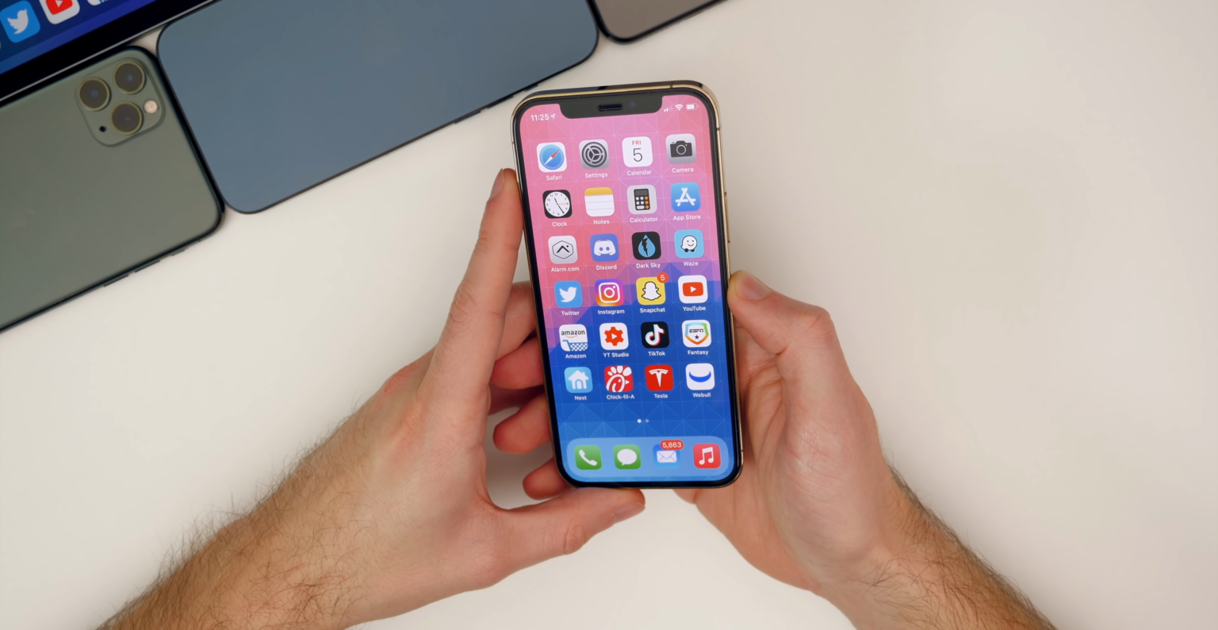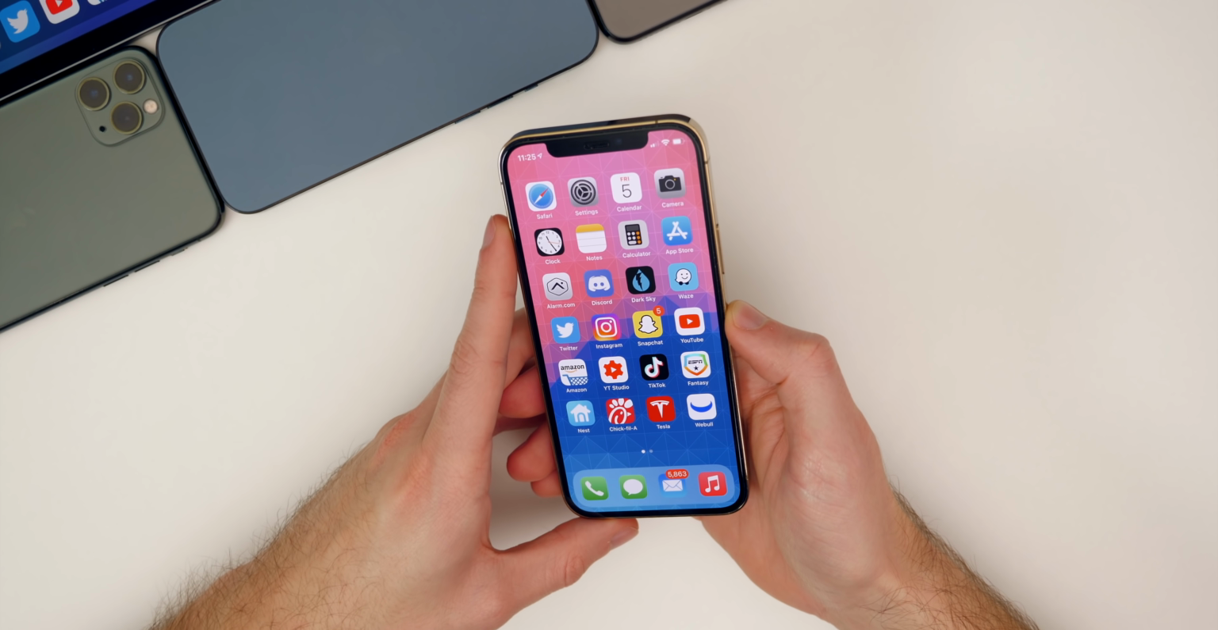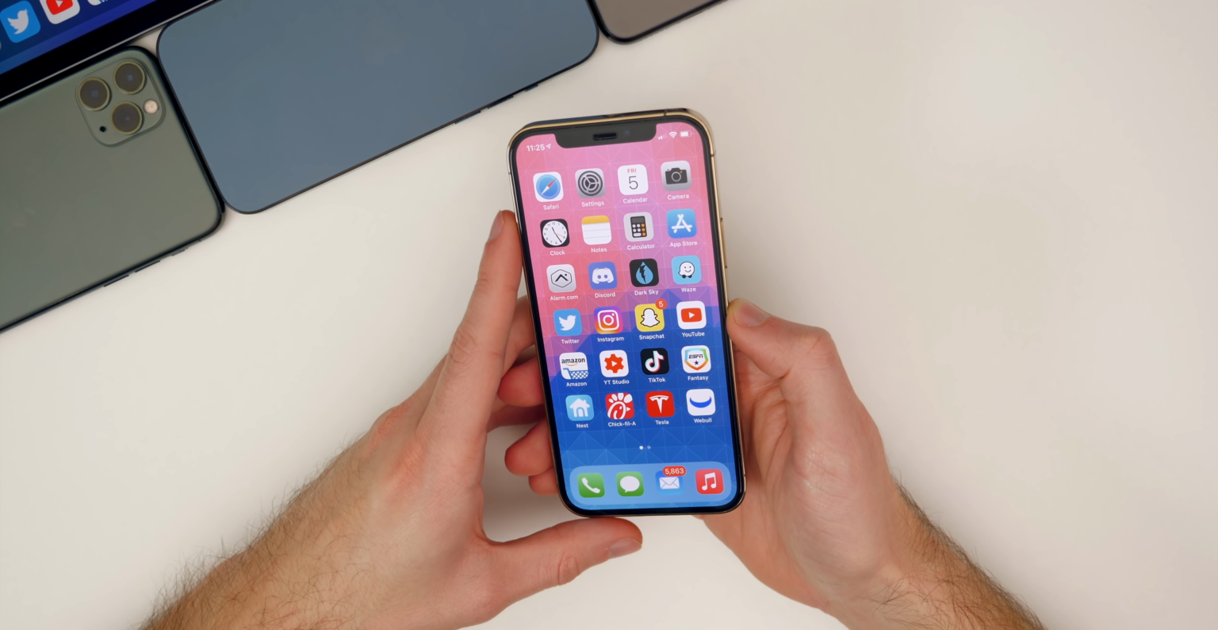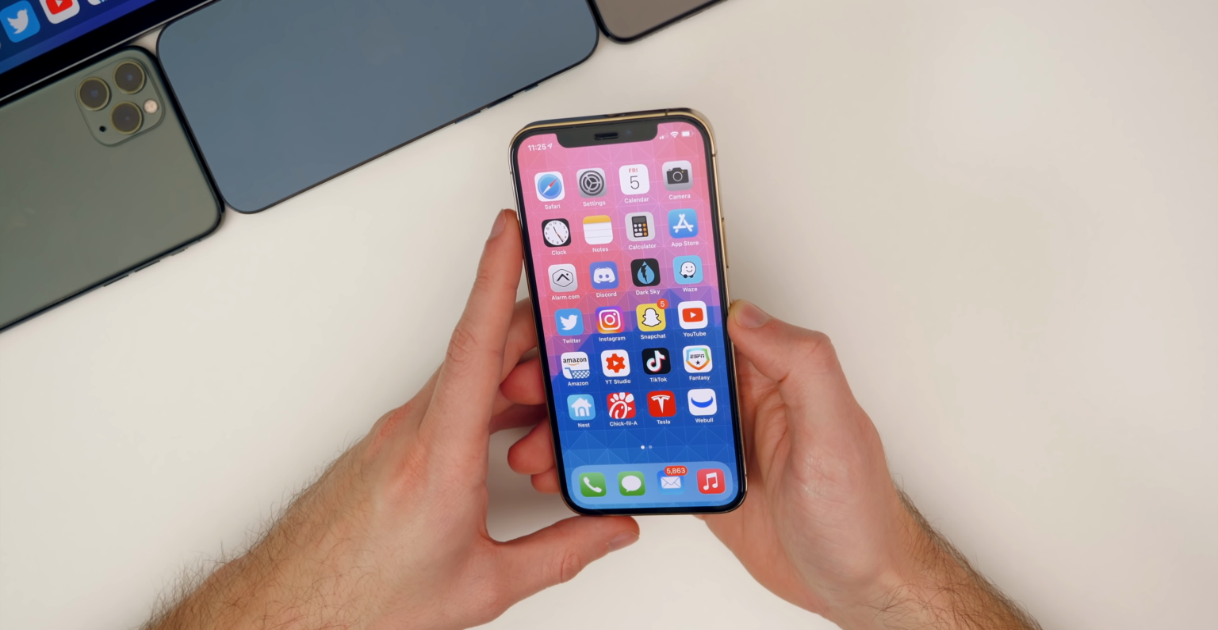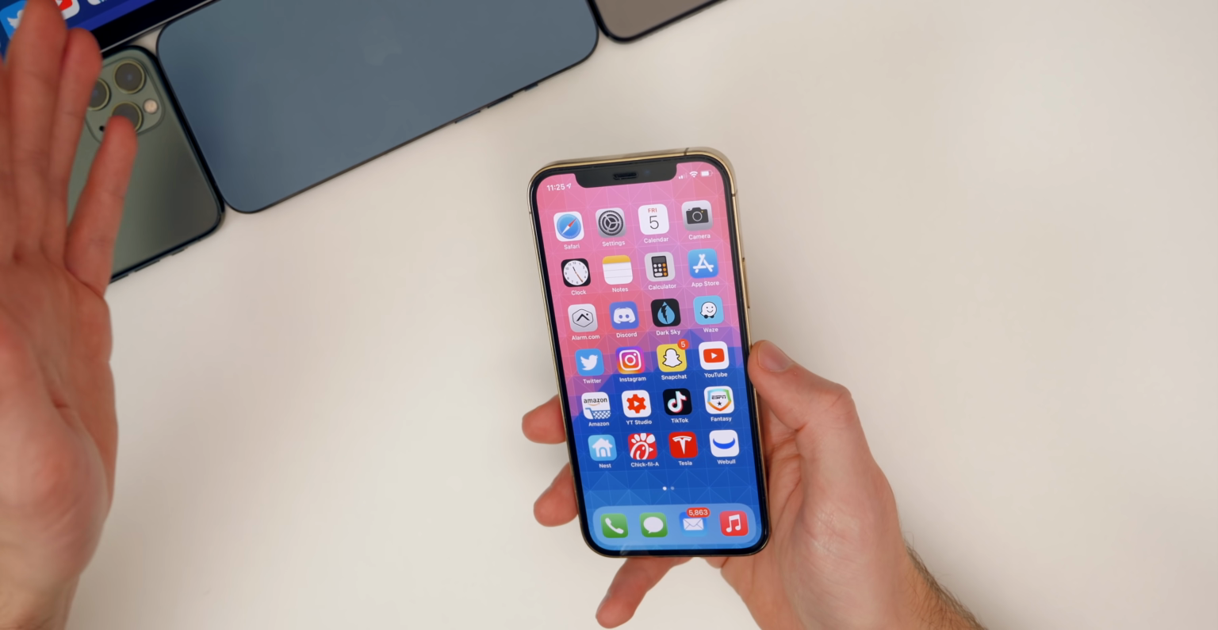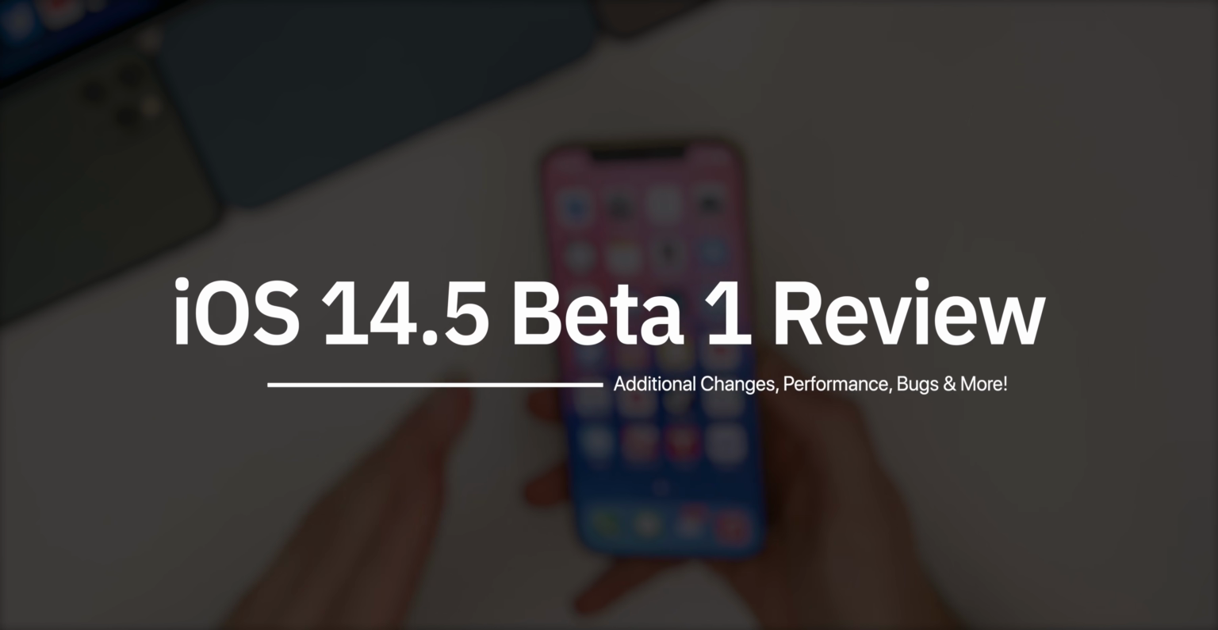What's up guys, my name's Brandon, and iOS 14.5 Beta 1 was released to both registered developers and to public beta testers earlier in the week. And after using it on multiple devices over the past few days, I wanted to discuss how the software has